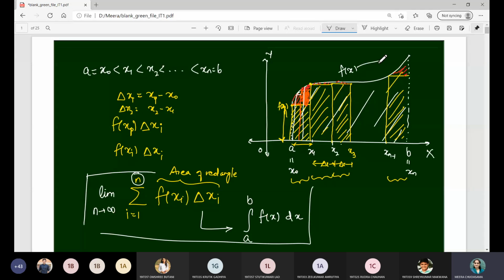This entire concept was developed by the mathematician Riemann, hence it is called Riemann integration, right? So that is the integration when you are given a function which is continuous. Now our question is, when we are not given a continuous function, or we are just given data points or discrete data, how do we find the area under the curve? That is what we are going to see, and that is called numerical integration, right?